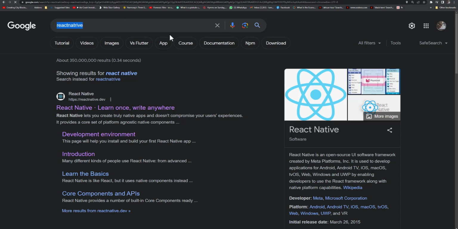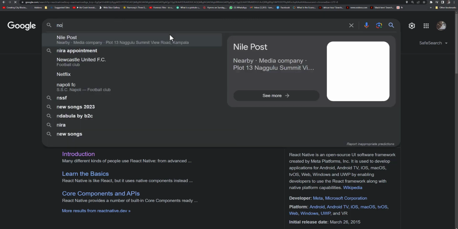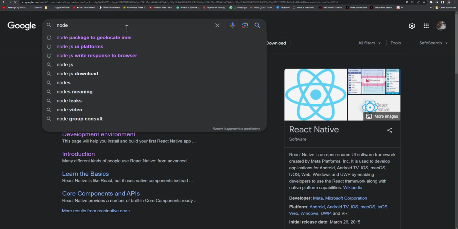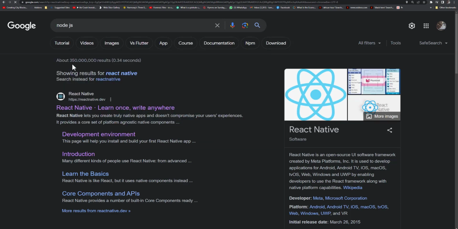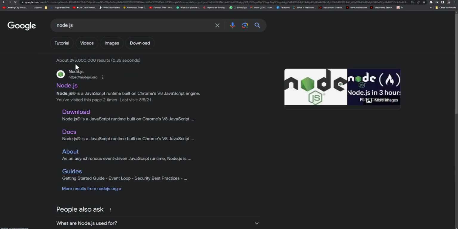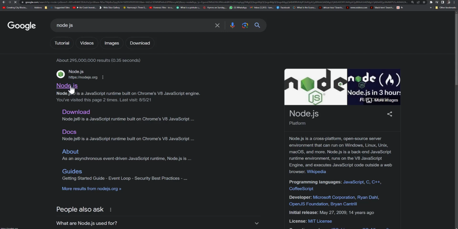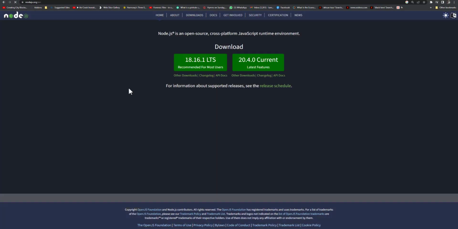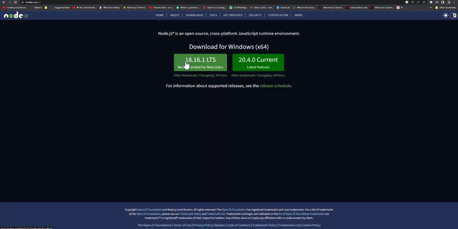One of the other things you need to do, in fact the first thing, is install Node.js. So you go ahead and download Node.js. Make sure you download the latest SDK. We won't keep up with the people with old SDKs. So we are going to be using 18.16.1. All right, so if I come here and search for my terminal,